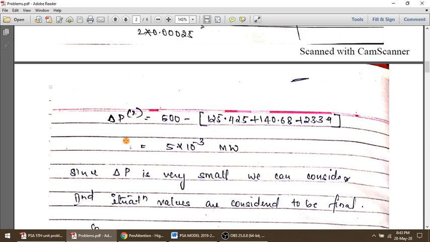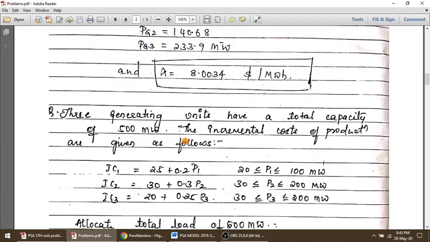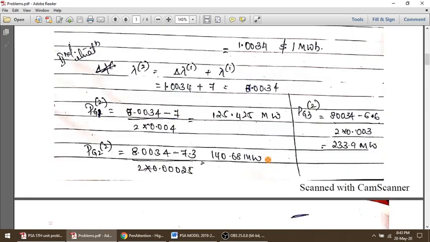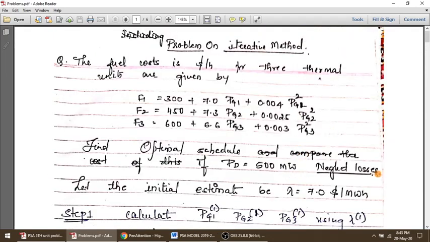So in this, within 2 iterations we have reached a certain level of convergence, but sometimes we may require more than 2 iterations to gain that convergence. Clear? That concept will be clearer when we go for load flow analysis in the next semester. So this is how, neglecting losses and neglecting generator limits, this particular problem will be solved.